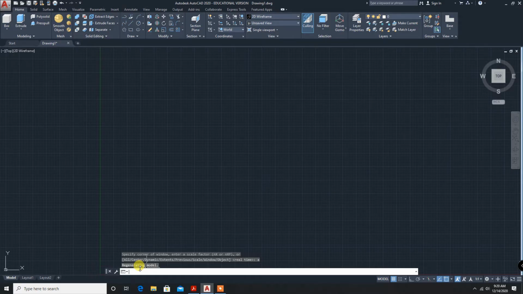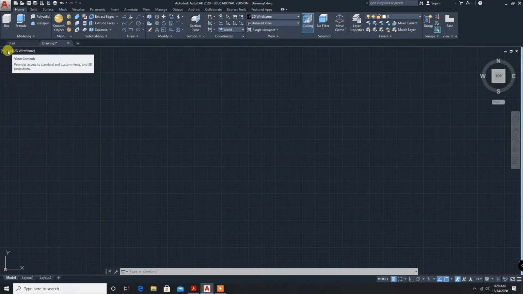So the true shape is seen in which view? Top view. So we have to select a top view. By default it is top view.